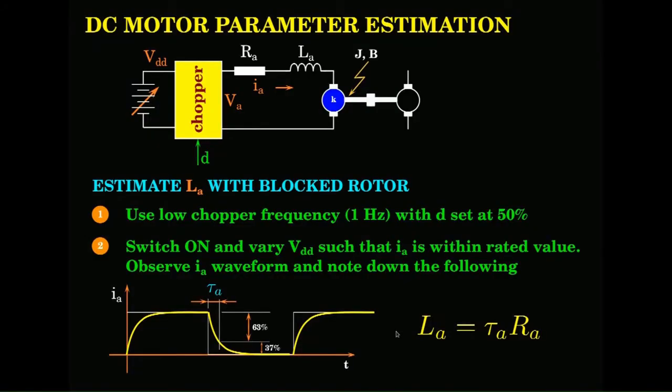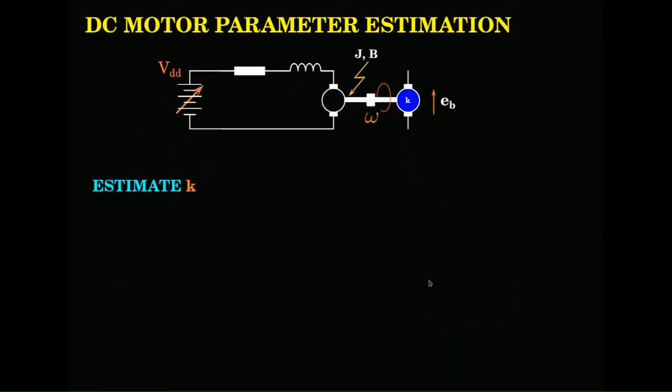You can do that, it is not necessary that you note it down by hand and then use a calculator. If you do that, then it is self-commissioning. Every time you switch on, say self-commission, it should do all this self-experimentation and give you the parameters. Any new motor you put, you run the self-commissioning algorithm once, and it will calculate all the parameters, one after the other. Okay. So, estimation of K.